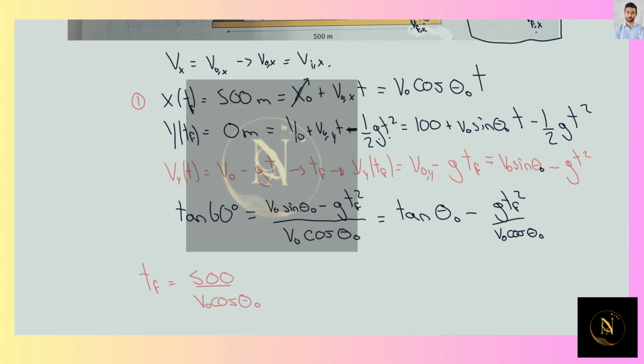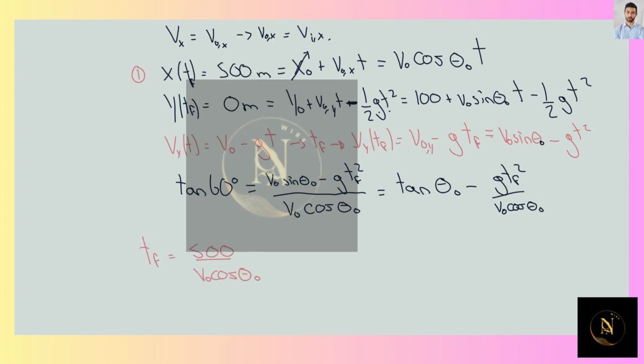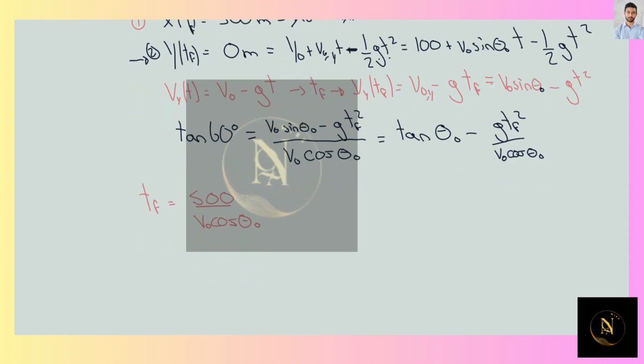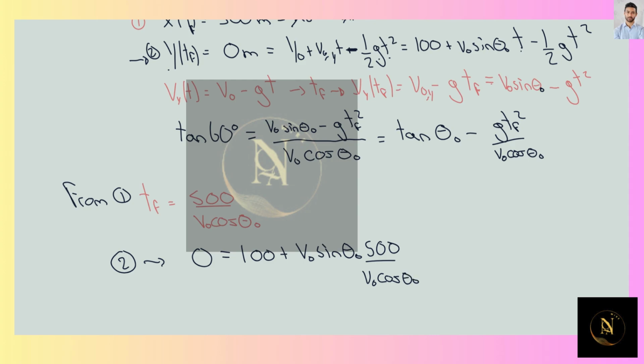So we can employ this final time in order to get our result for any of these scenarios. So let's replace this final time up into equation 2. Let's label that this comes from equation 1. In equation 2, we know that y for t final is going to be 0, equal to 100 plus b0 sine of theta 0 times the final time, which is 500 over b0 cosine of theta 0,